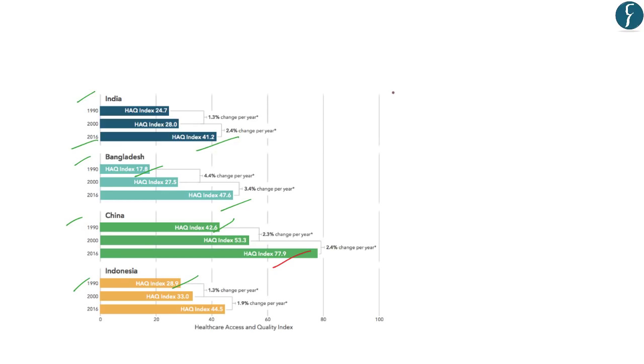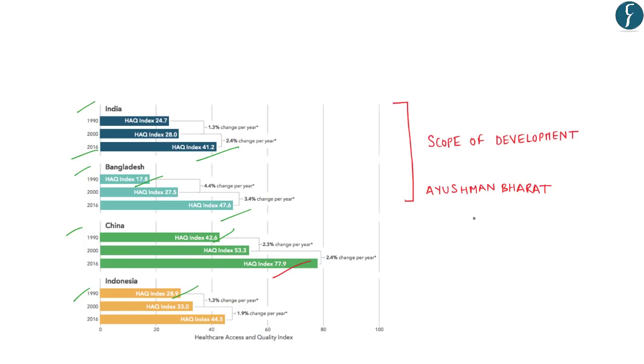So even with respect to Bangladesh and other neighborhood, there is much scope for development in the space of healthcare access. And it is in this regard that the scheme of Ayushman Bharat of the government of India can help to improve India's health quality index. As Ayushman Bharat aims to upgrade the sub-centers including wellness clinics across India, and these clinics will provide proper healthcare including facilities for non-communicable diseases and maternal and child care services.